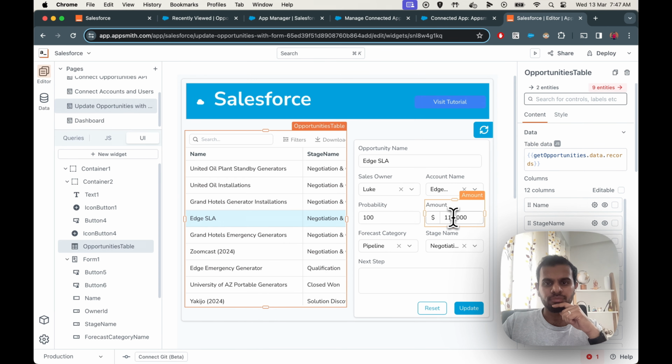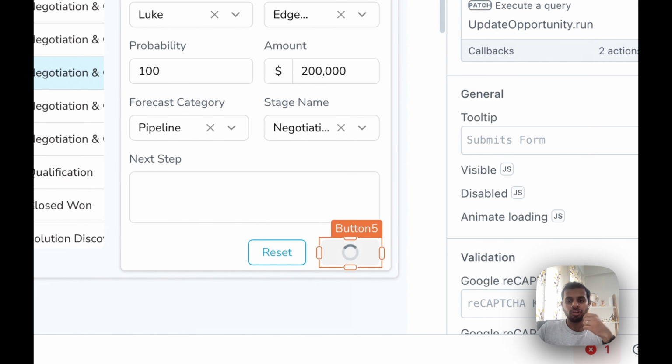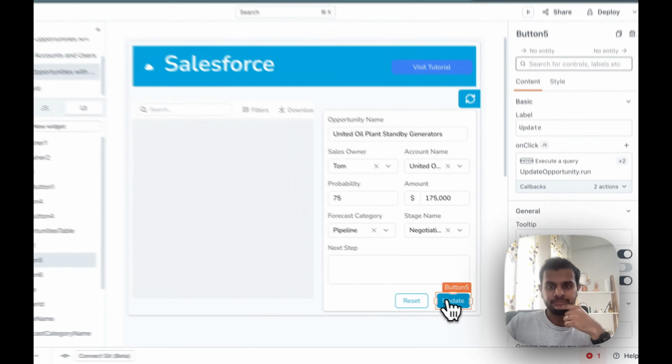So now I'm going to head back to the UI, and I see some of the details. I just want to change some details like the amount. I'm going to make it something like 200, and I'm going to update this. And as you can see, it's going to update because within the action selector, I have connected it to the